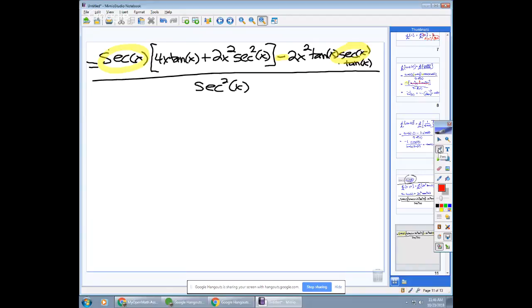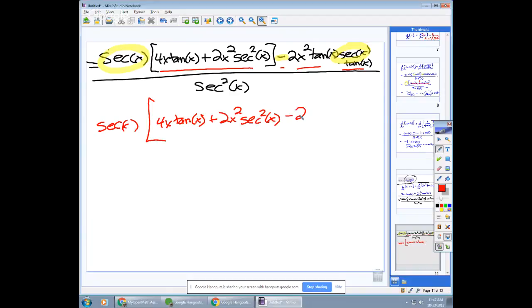So I'm going to factor that secant out, and that is going to leave behind this minus that part. So 4x tangent of x plus 2x squared secant squared of x minus 2x squared tangent squared of x